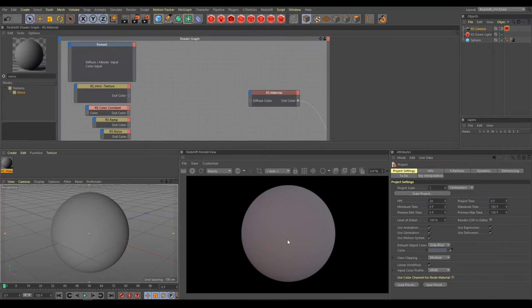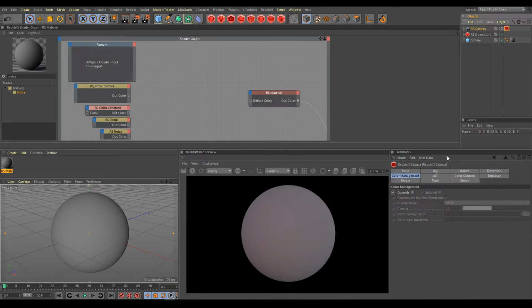Standard color management workflow using linear workflow with sRGB color profile. And this workflow we are also using for our entire course. In a Redshift camera tag, we can change color management workflow as well if you will use override and enabled. And again, default display mode is sRGB. But if you need to change your display mode for linear or Rec or OCIO, that's the place where you